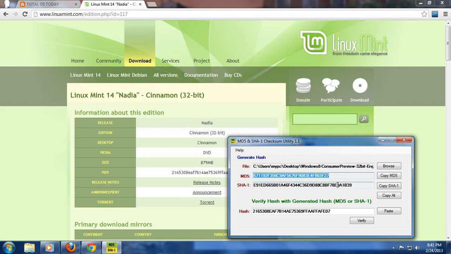Now that's it. That's how easy it is to check for a corrupt download in Windows 7 using a free